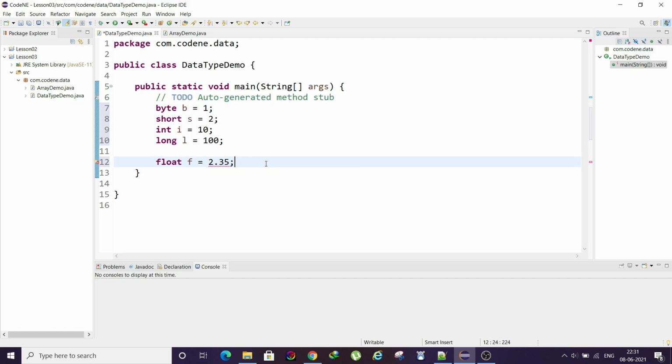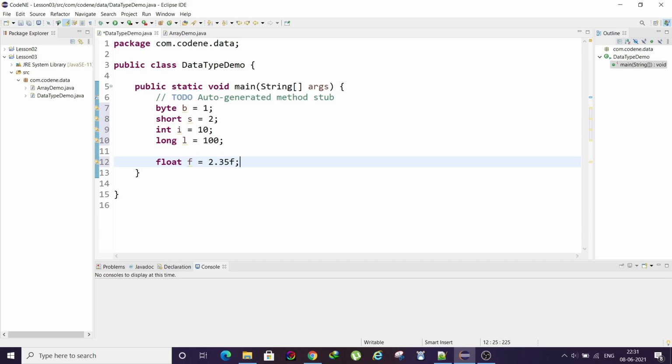Why is this happening? Understand that in Java, whatever decimal point number you declare, those are by default treated as double. So to convert it into a float data type, you simply need to write f at the end. Then this 2.35 will be treated as a float and assigned to